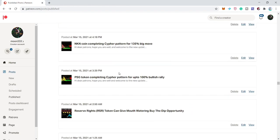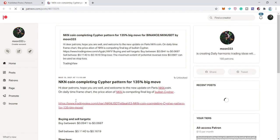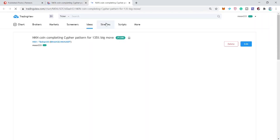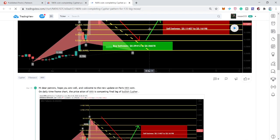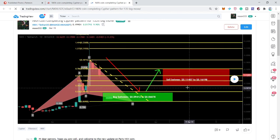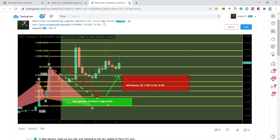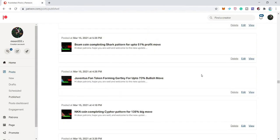Then we had the next NKN token, and that was the bullish cipher pattern I shared on 15th of March. And this is a link for the chart. On the daily time frame chart, I was expecting that this cipher pattern will be completed, and the price action did not complete the final leg. Therefore, I'm just moving to the next one, and that is